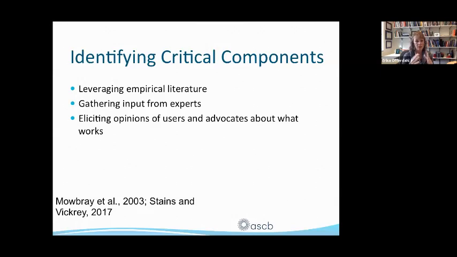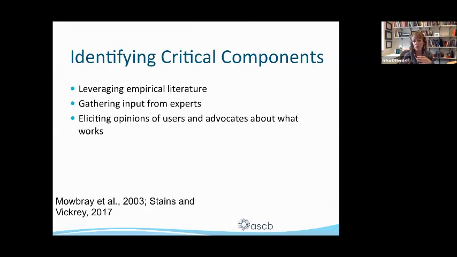And any manuals about formative assessment, you can do expert surveys. And then you can elicit opinions from users. So this is like getting into the classroom and pulling out your own personal observations about how things are working. But all three of those lenses you can use to iteratively go through and identify critical components, see how much